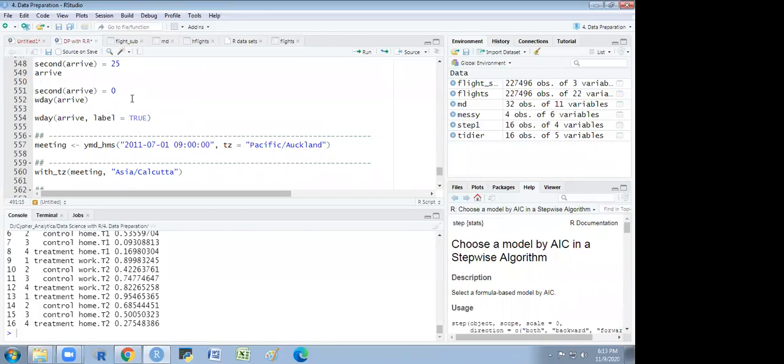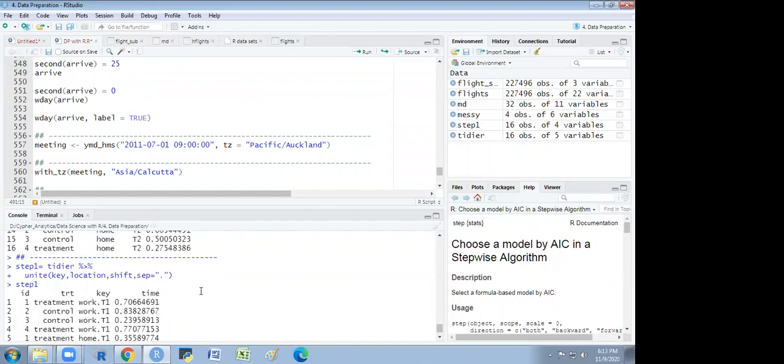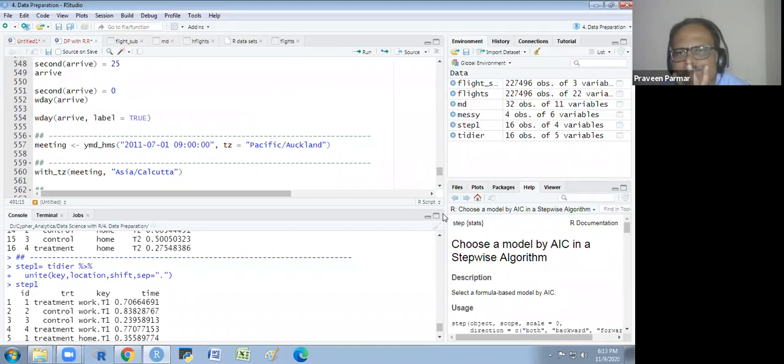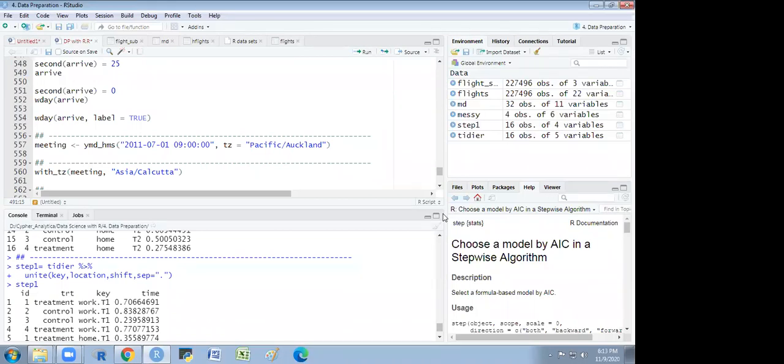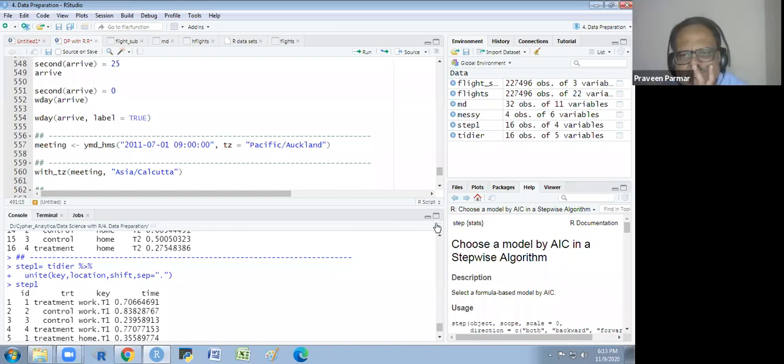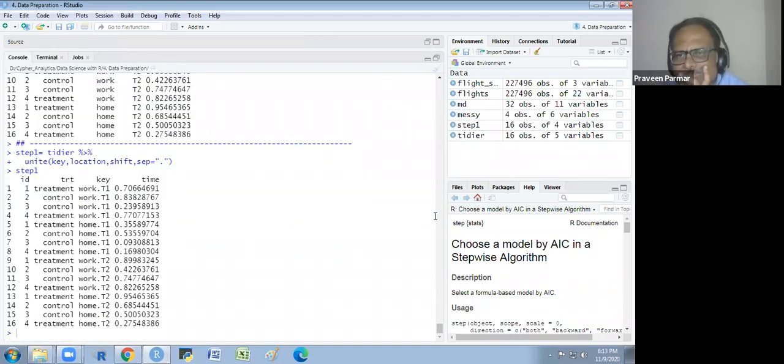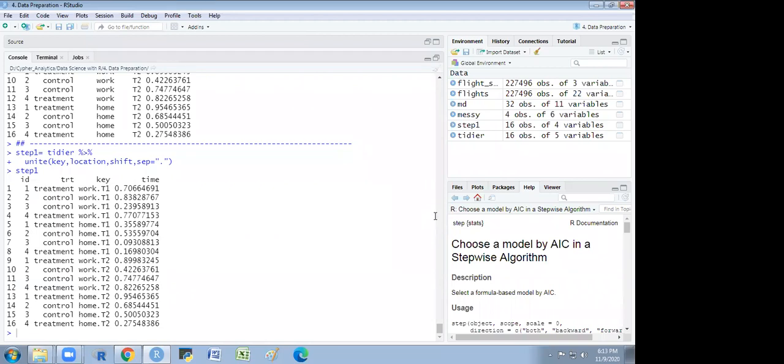Sir, let's say there are 2 columns. In column A, there are 2 strings separated by comma. And column B, another 2 character objects separated by comma.